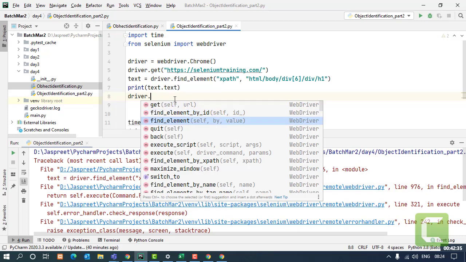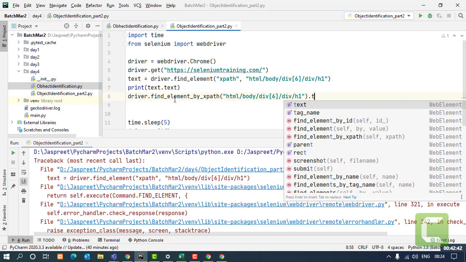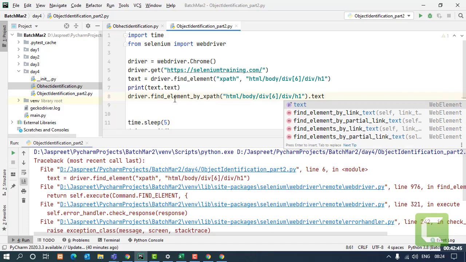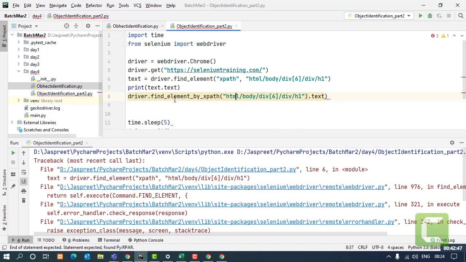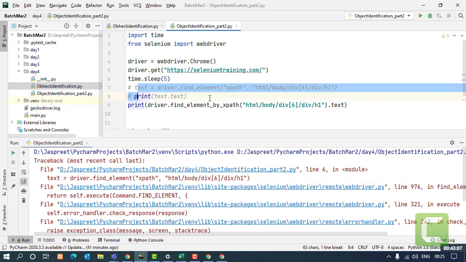Find element by XPath, and I'll give the XPath over here, dot text, and I'll get it printed. I'm just going to introduce some sleep time over here because it's taking time, so that my page can load, and then Selenium can start looking for the element. So I'll save this and run this.